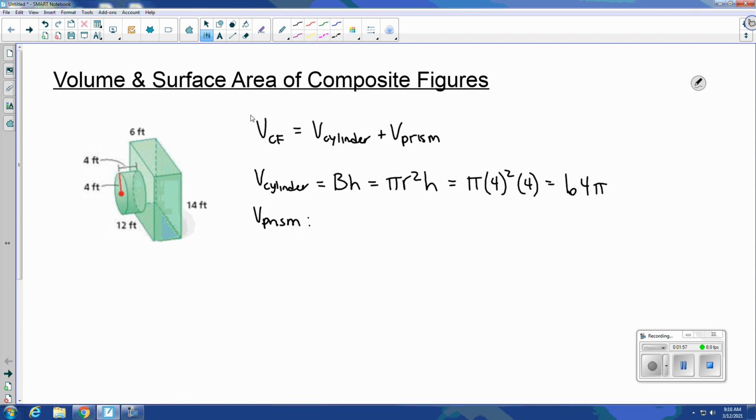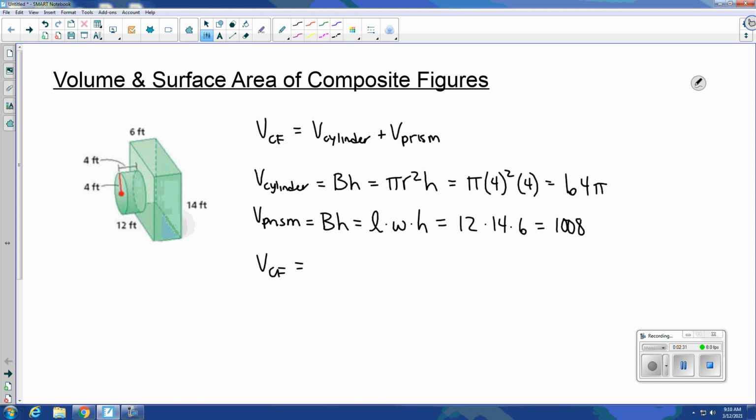Here we have a rectangular prism. To find that, it's just base area times height. How do we find the base area? If the base is a rectangle, it's just length times width. So we're going to have length times width times height, which in this case is 12 times 14 times 6. And that will get us 1008. Now when we combine these,